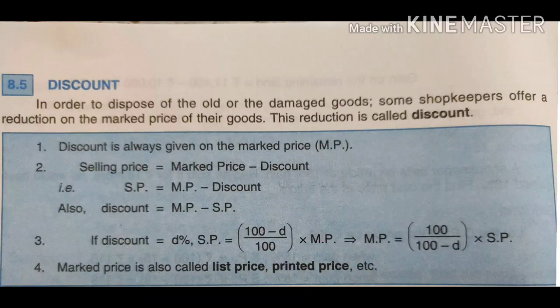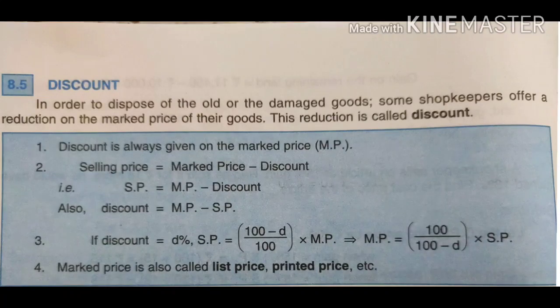In discount in general, all of you know what is the meaning of discount, how to get it. Suppose that I am telling you, if the cost of an article is 100 rupees and the shopkeeper is taking only 90 rupees, so what is the discount in this? Discount is 10 rupees. And how to calculate? Very simple, 100 rupees minus 90 rupees. So by formula, marked price minus selling price. Rest all the formulas are old, which we will use in this exercise. Okay, so first we will see exercise question number 1, how to solve it.